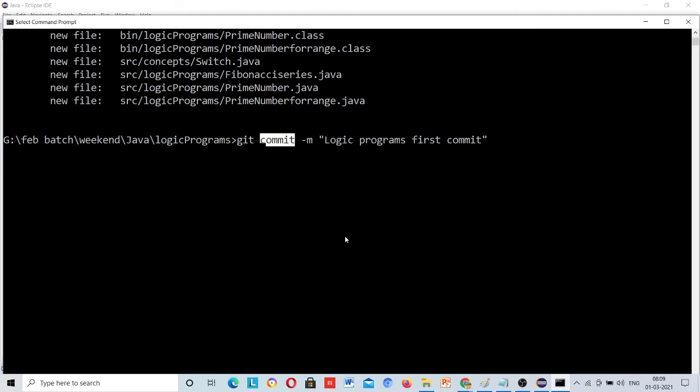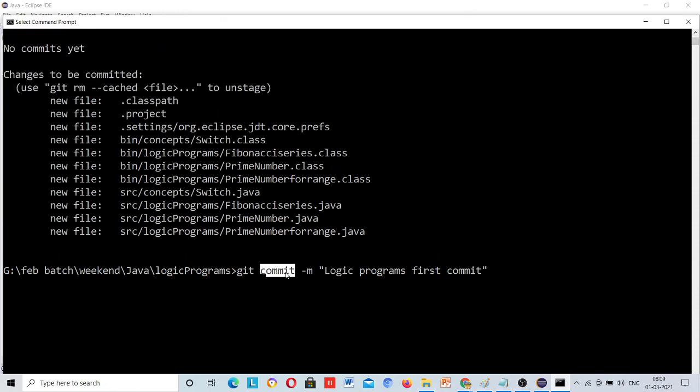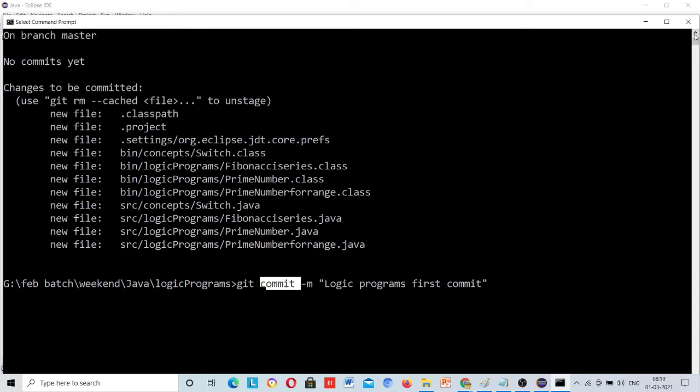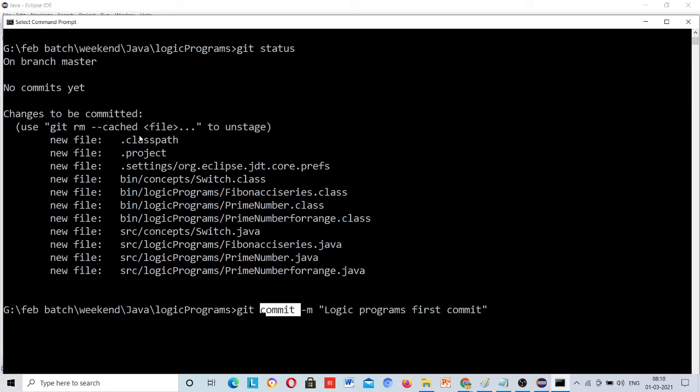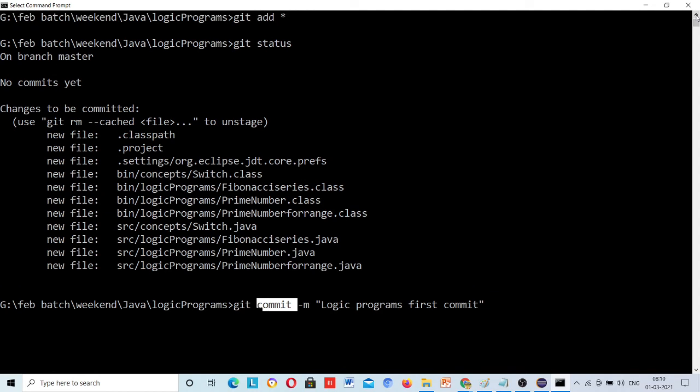This is commit, which means you want to commit your code to the software. I have checked everything and added every file, now I just commit this code, and to the software only, not to the cloud. That is what the commit command is for. Git status is not a compulsory step, it's optional. Whenever you are confused and want to check, you can check it.